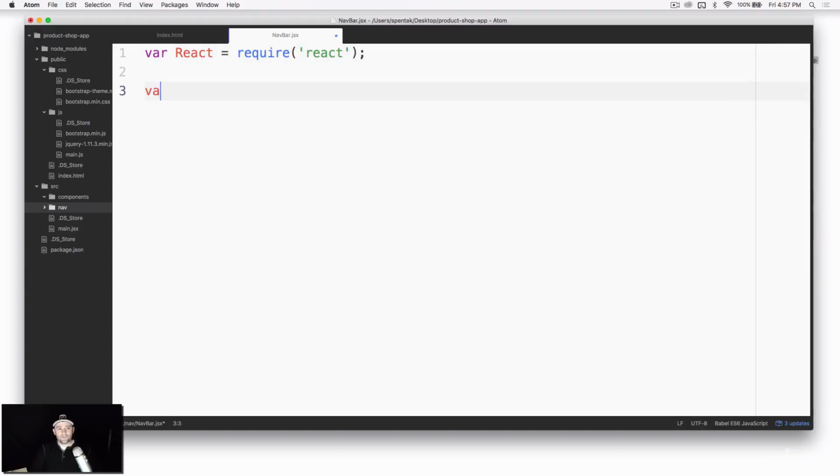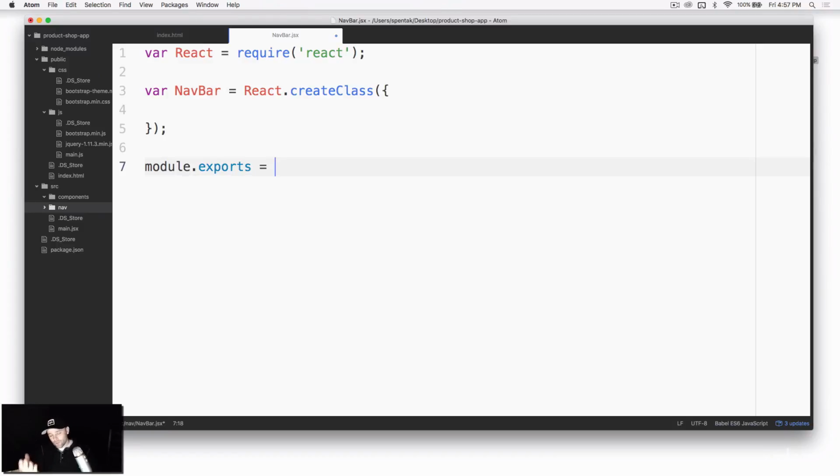Okay, then we're going to say var navbar equals React.createClass. All familiar stuff to you so far. And I'm going to go ahead and make sure I do the module.exports now. It's very common when I'm doing React development that I'll forget this part, and I'm thinking there's a bug because it's giving me an error and I don't know what to do, and I realize I forgot to export it. So navbar. So it is being exported, and if you remember right, we need a render function